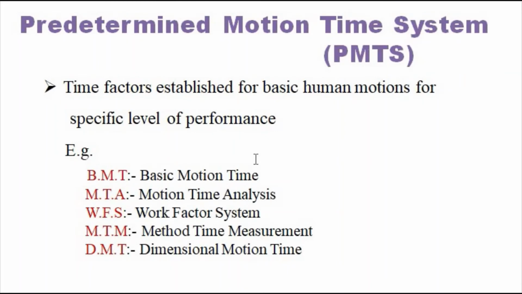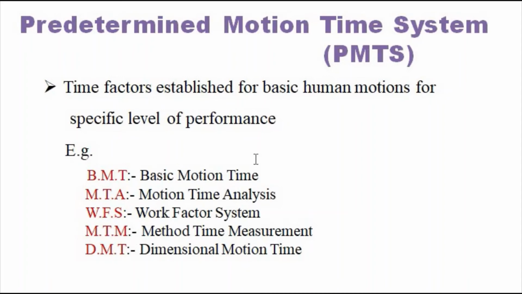And this is the last technique, that is the predetermined motion time system. Now this is a quite different system, whereby rather than going for standard time, in this case while deciding the time, the human motions are used to decide the time required at the specific level of performance. So according to the nature of the motion and the conditions under which that job is performed or processed, those factors are considered here, and accordingly the standard time is decided